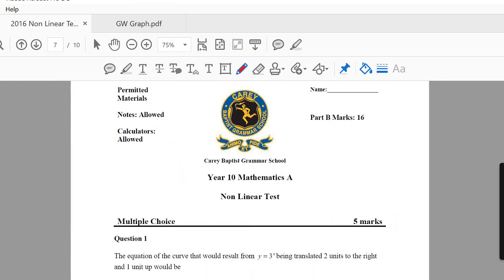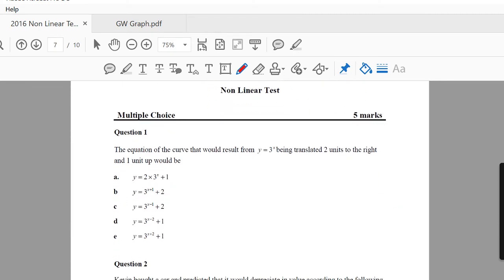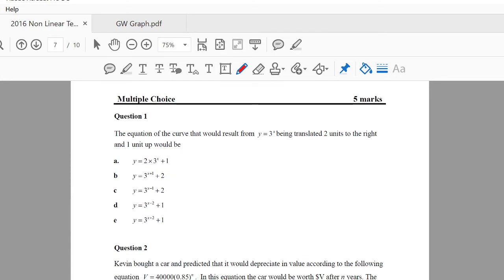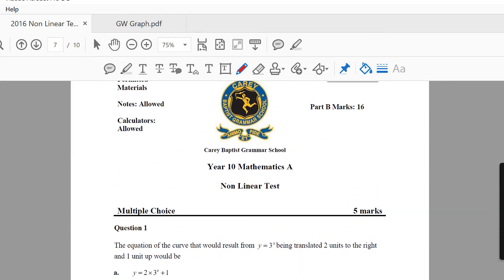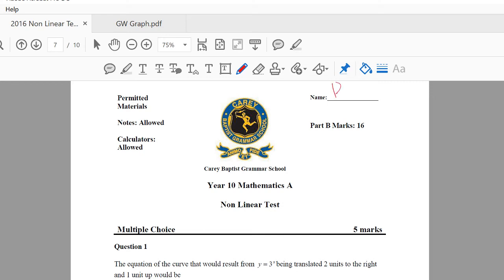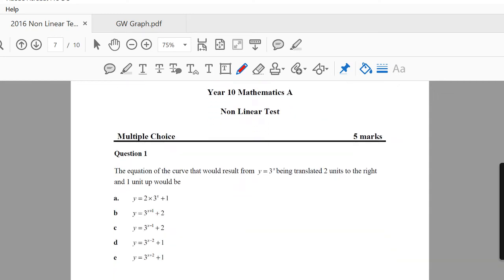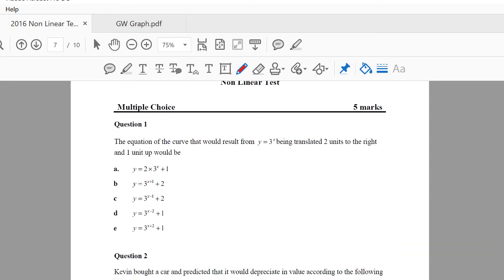So let's do part B. All right, let's put my name at the top of part B. Done. So, question 1. The equation of the curve that results from that being translated 2 units to the right